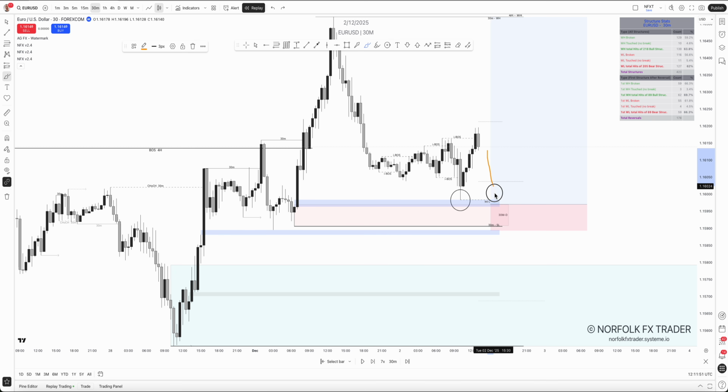If the market was to come back down here to fully fill this area of imbalance, take this low into my demand, I can look for a potential buy. I have the odds in my favor. I'm still bullish on a 4-hour time frame. The previous area of imbalance was not closed through for me. I'm now looking for a potential trade to run for this weak high up here on a 30-minute and that 4-hour weak high. Now, I'm not going to go into too much detail, but I also use this stats table here to the right,